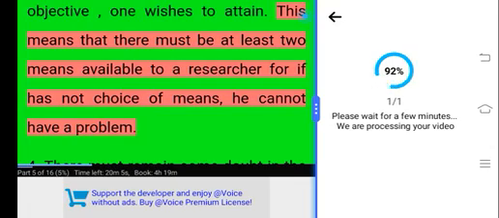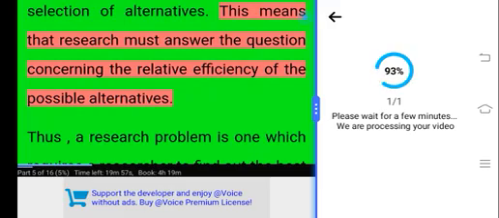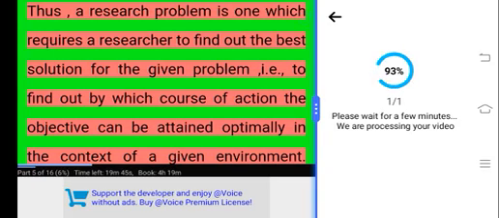This means that there must be at least two means available to a researcher, for if he has no choice of means, he cannot have a problem. 4. There must remain some doubt in the mind of a researcher with regard to the selection of alternatives. This means that research must answer the question concerning the relative efficiency of the possible alternatives. Thus, a research problem is one which requires a researcher to find out the best solution for the given problem, i.e., to find out by which course of action the objective can be attained optimally in the context of a